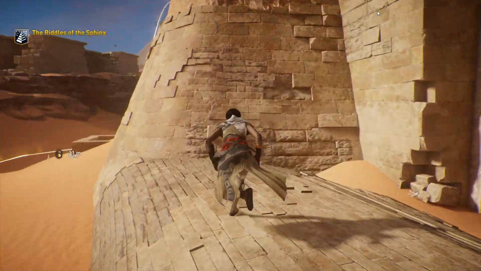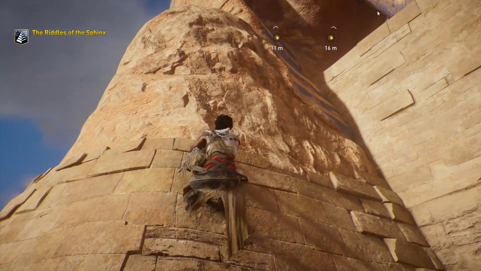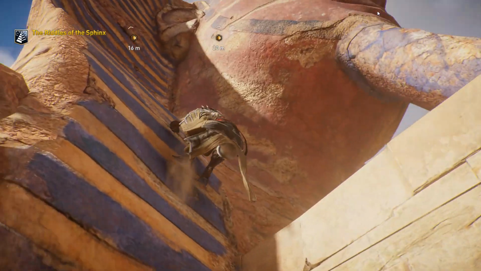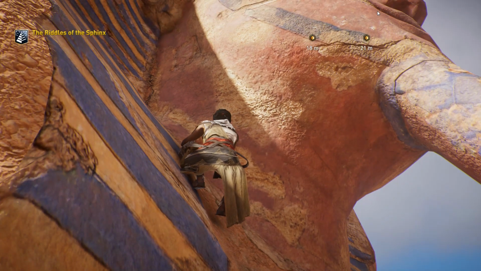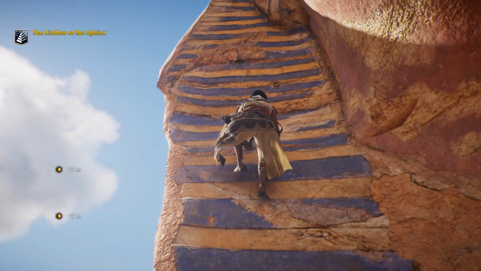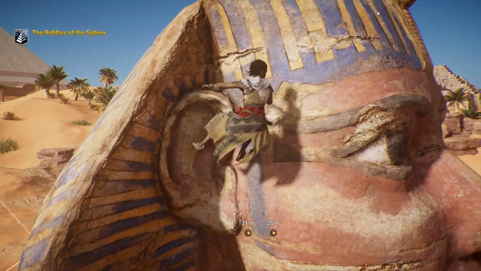Documents from an Arab Egyptologist of the 12th century, Abd al-Latif al-Baghdadi, indicate that traces of red were still visible in his time. Today, however, the only color that remains are traces of red close to the ears of the Sphinx, as well as hints of blue and yellow on the nemes, traditional colors for that type of headdress.